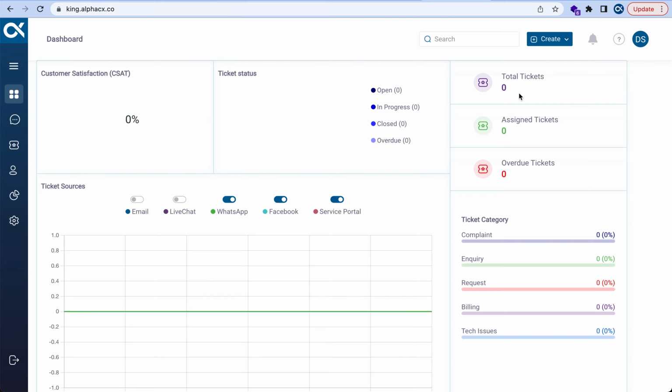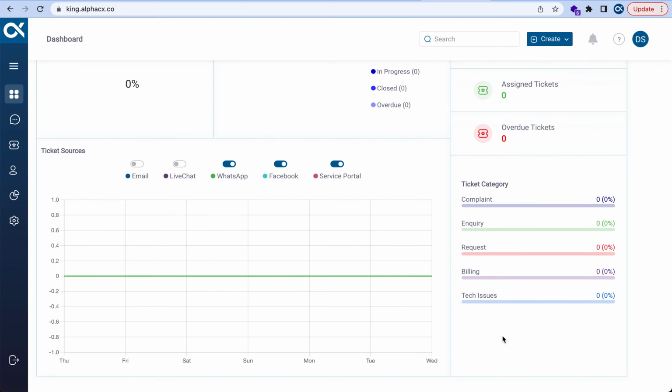And so we have here the total number of tickets, assigned tickets, overdue tickets, and the overview of the ticket category. In case you have more ticket categories than can be taken by this space, it will only show you the top categories, like the top 10 or the top 5 or top 6, however the case may be. And then this is where the ticket sources are displayed